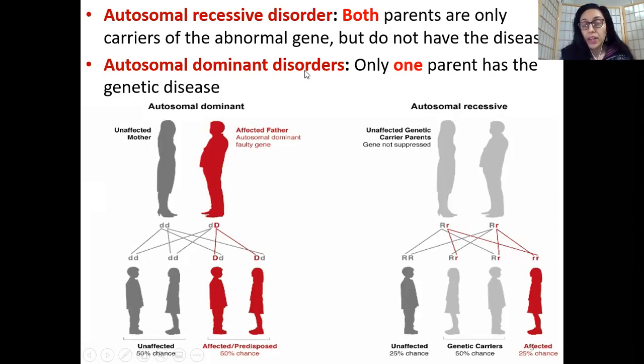Now you have autosomal dominant disorder, in which you have one parent who has PKU. For example, an individual who has PKU and has a partner who is completely healthy, not a carrier of the gene, does not have PKU whatsoever. Now, when they have children, there is a 50% chance that their children will also have full-blown PKU, so they would be exhibiting signs and symptoms of PKU, and there is a 50% chance that the children will be completely healthy, not carriers, and definitely not having PKU as well. So this is called an autosomal dominant disorder.